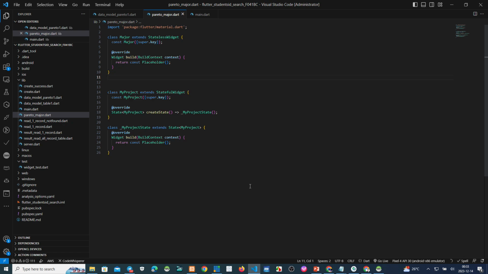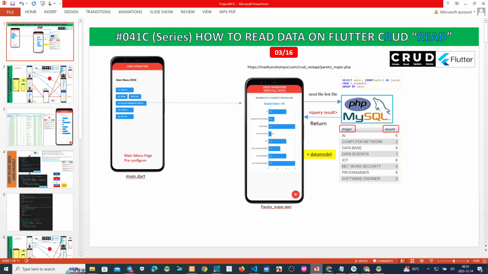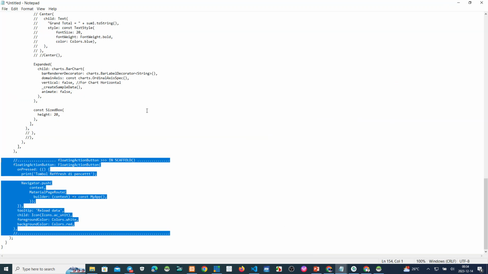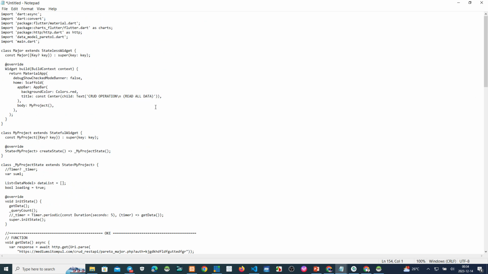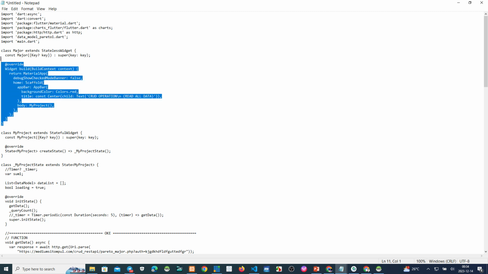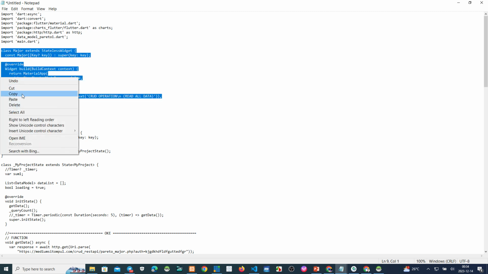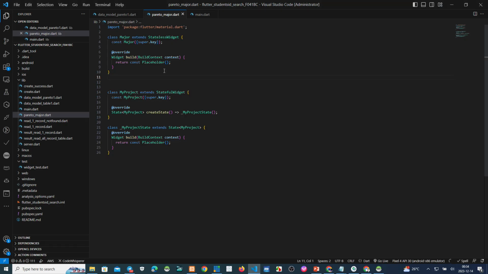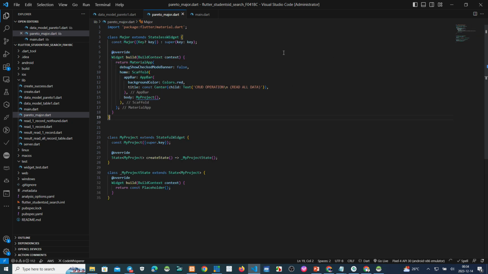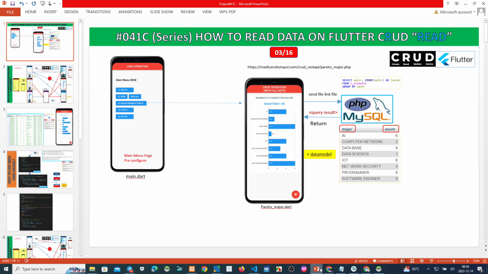The first thing, we want to make an application bar like this, CRUD operation, read all data. We copy this stateless widget here and make it the stateless widget. Now we have CRUD operation, read all data like this.